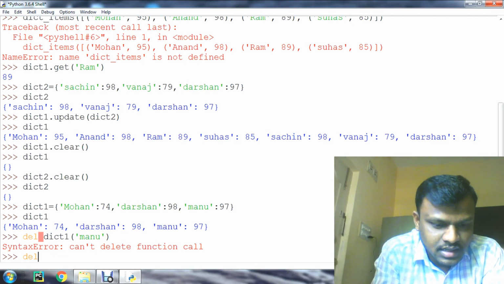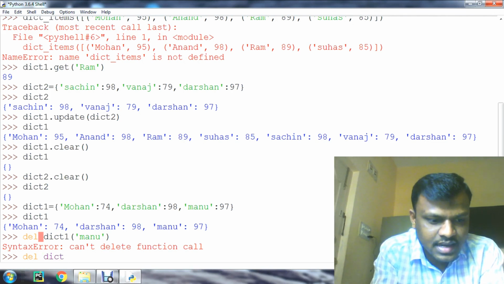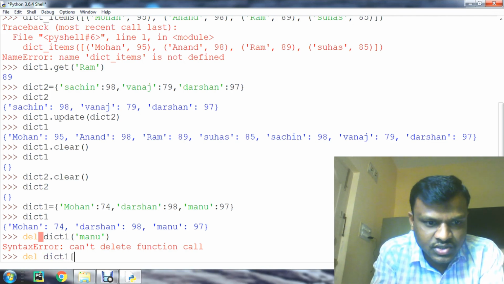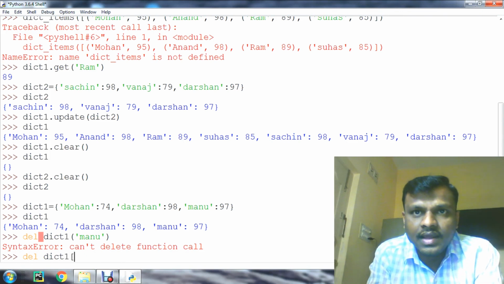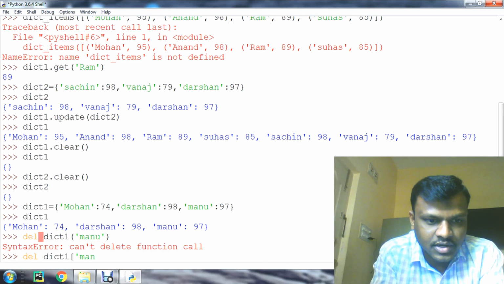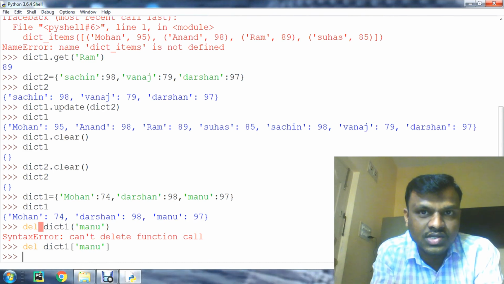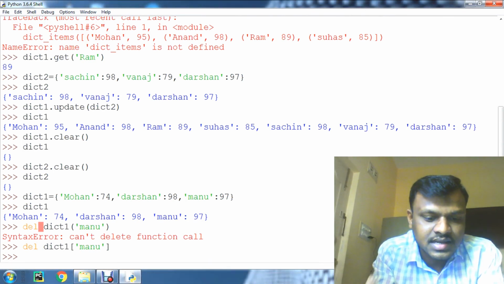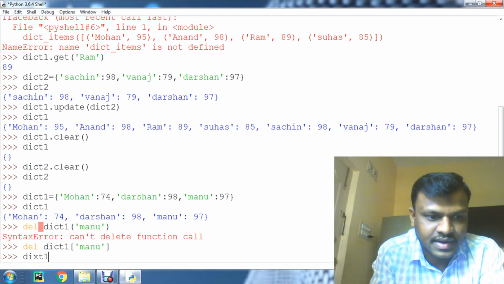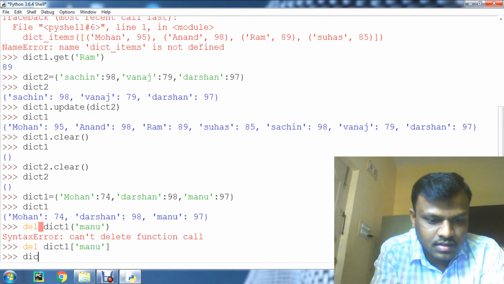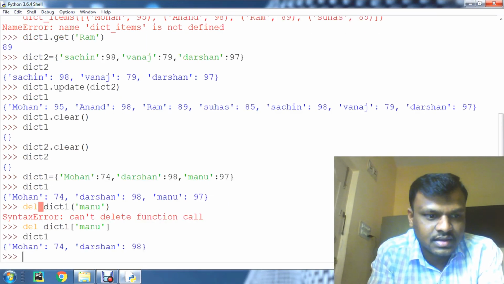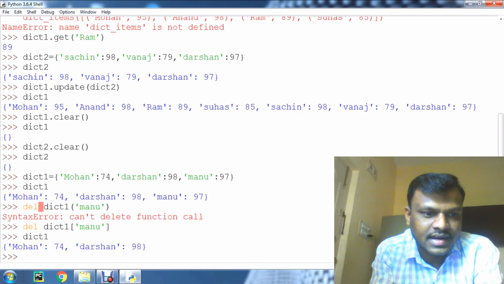With del dictionary 1, I should use a square bracket here, like this, Manu, not parentheses. Now the Manu key with its value is deleted. Now display dictionary 1. The Manu record is deleted, and only 2 elements are present now.